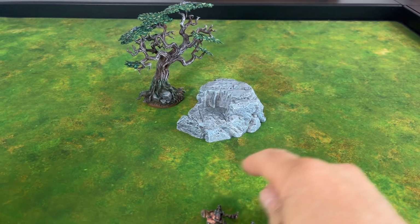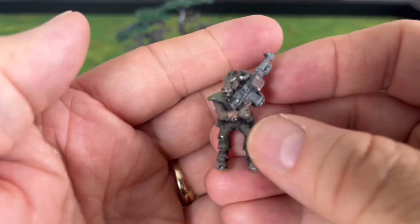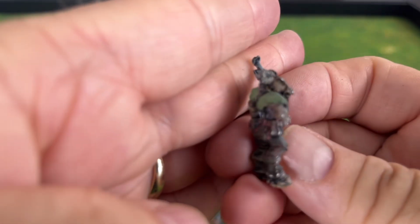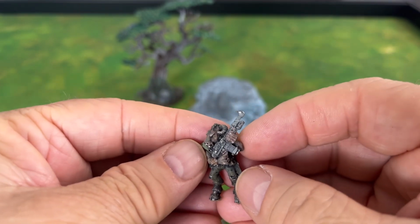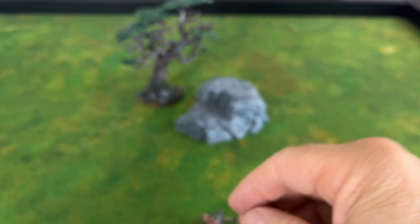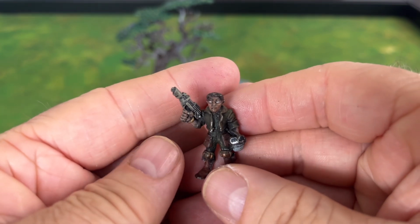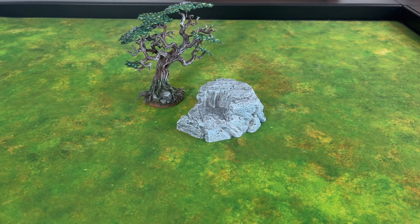And then we got the last three guys here. More of the same, except for this one. What if that was the original head or he put one on? And finally,